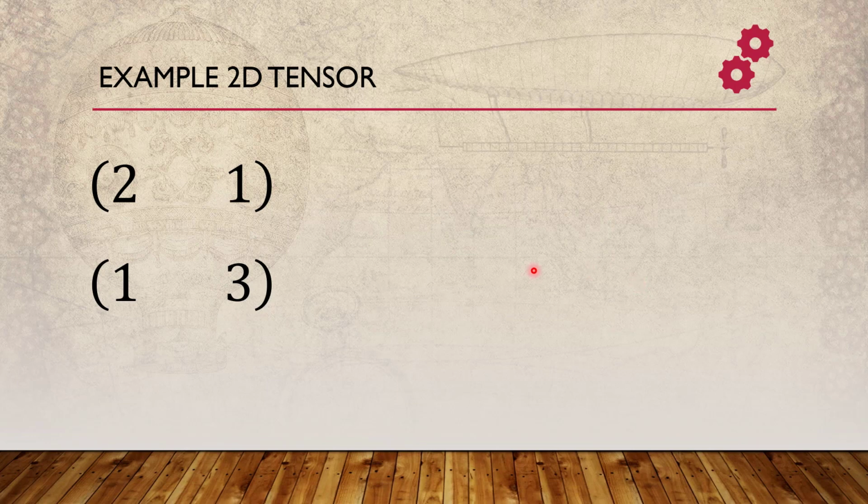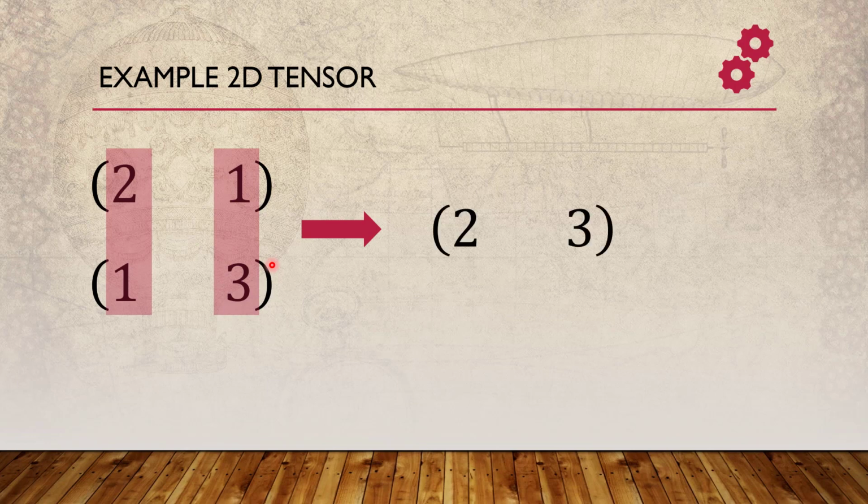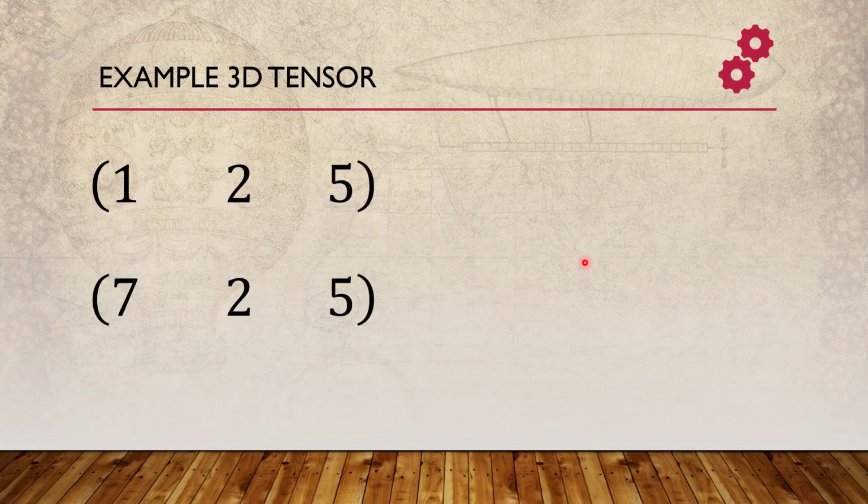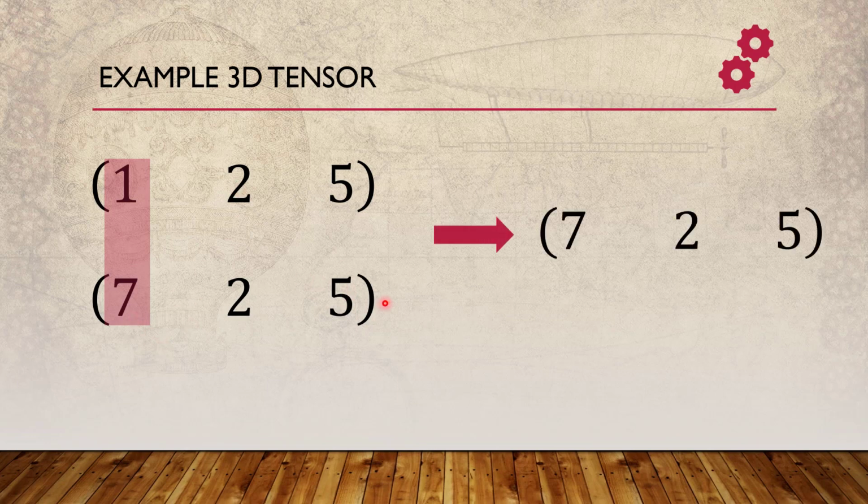Similarly, let's talk about this one. For the 0th dimension one of them is 1, that means this is fine. For the first dimension one of them is 1 as well, that means this is fine. That means these two tensors are compatible as well. Then the final shape will be the maximum, that means 2, 3 over here. Similarly, for this 3D tensor, for the first dimension one of them is 1, that means this is fine. For the rest of the dimensions all are the same, that means we are talking about two compatible tensors over here as well. The shape will be 7, then 2, 5 here.